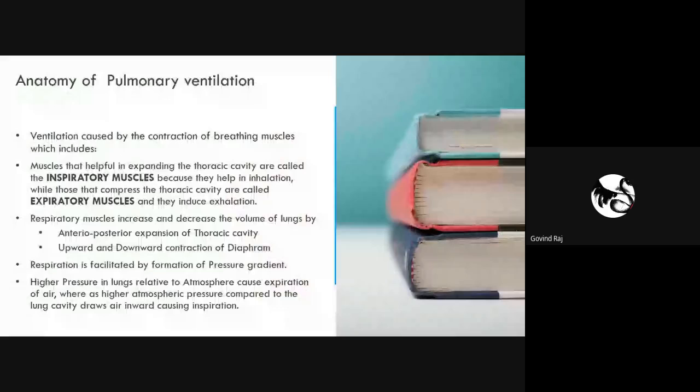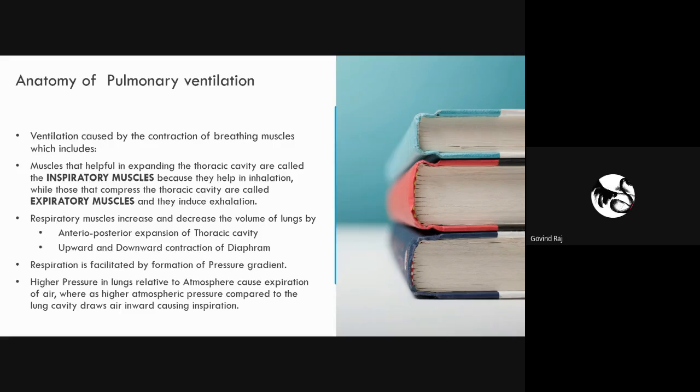So, anatomy of pulmonary ventilation. Ventilation is caused by contraction of breathing muscles, which include muscles that help in expanding the thoracic cavity, called the inspiratory muscles, because they help in inhalation. Inhalation is the process by which air is taken inside our lungs, whereas expiration, or exhalation,